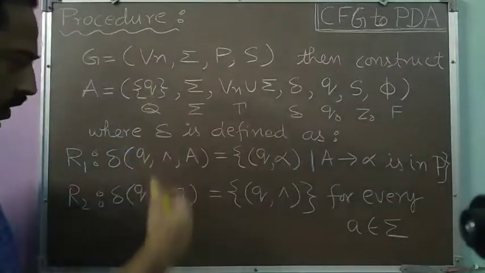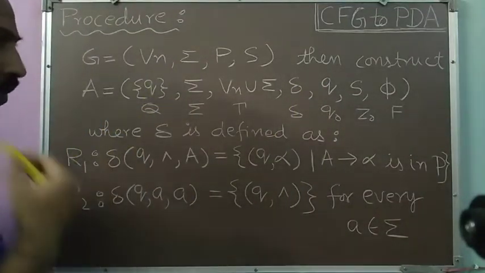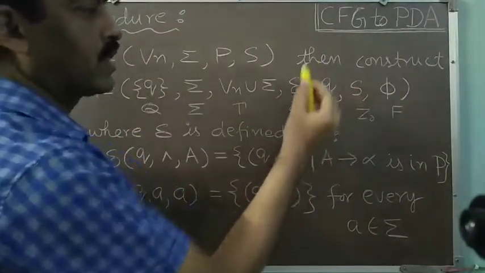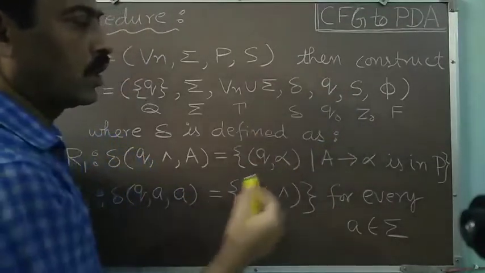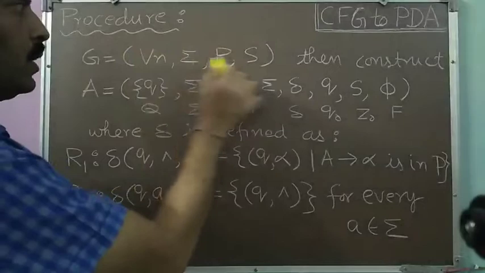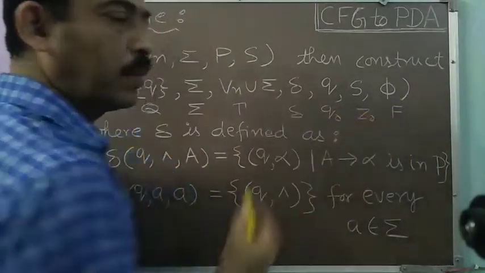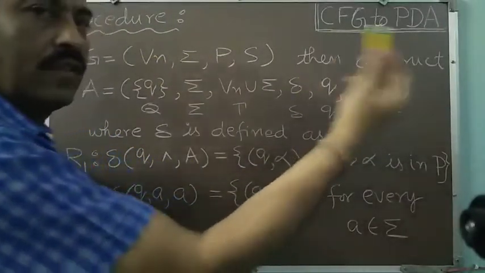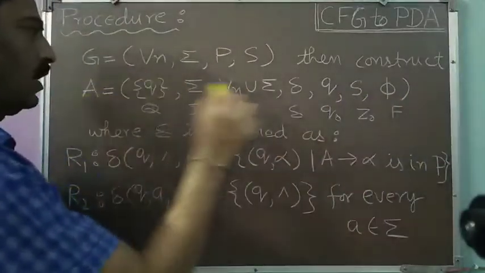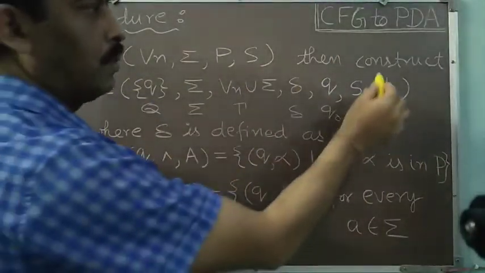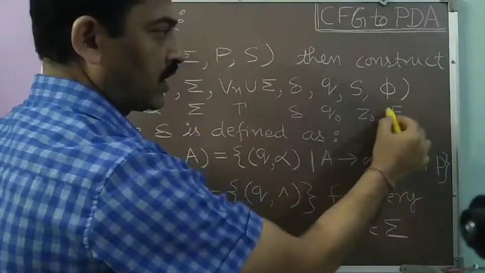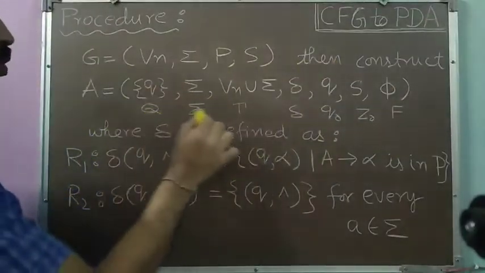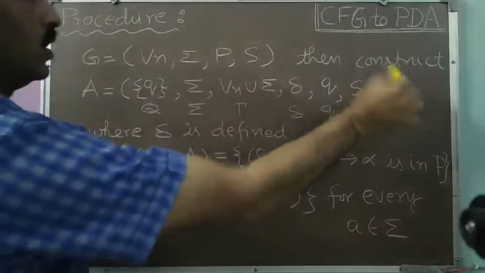Then the transition function delta will be represented by these two rules, R1 and R2. Then q0 will be q only, because q is the only state, so it will be the start state as well. And S, which is the start symbol in our grammar G, will be the initial push-down store symbol, meaning initially over the push-down store, the start symbol of the grammar G, that is S, will be there. Because our PDA is representing the language by empty store, the set of final states F will be phi. So in this manner, we will construct A, which is (Q, Sigma, rho, delta, q0, Z0, F).